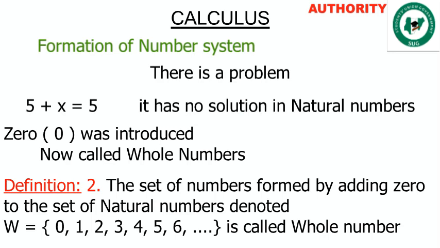Good. We have just graduated from natural numbers and formed another set of number system called whole numbers. And how was this done? It was formed by introducing 0 to natural numbers. Because of the 0 that is introduced to the natural numbers, it is now called whole numbers. Alright. At this period, natural numbers and whole numbers were used for counting